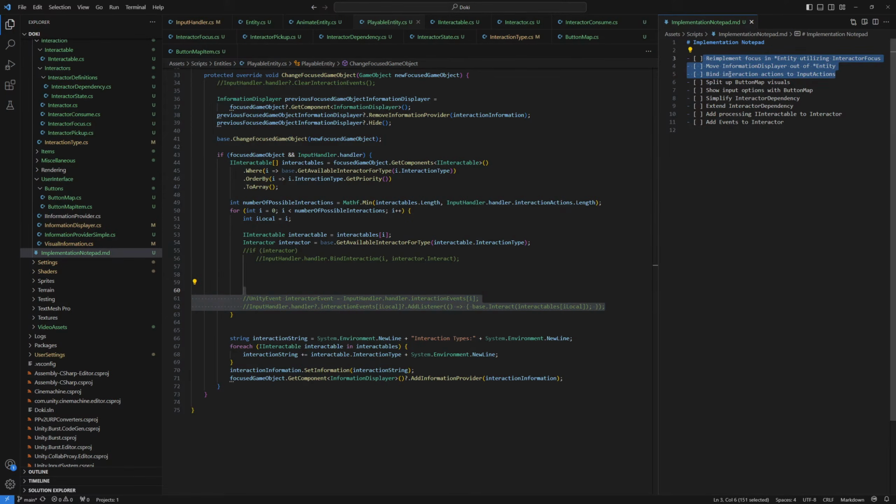So these first three tasks are pretty much just get it to work as it was yesterday, but with an interactor focus in the mix. The next two are basically use this new UI to display possible actions. And then we have moving on to new stuff. So interactor dependency,